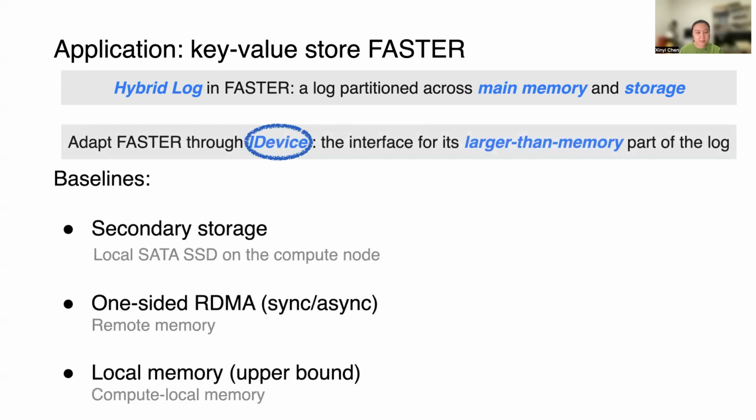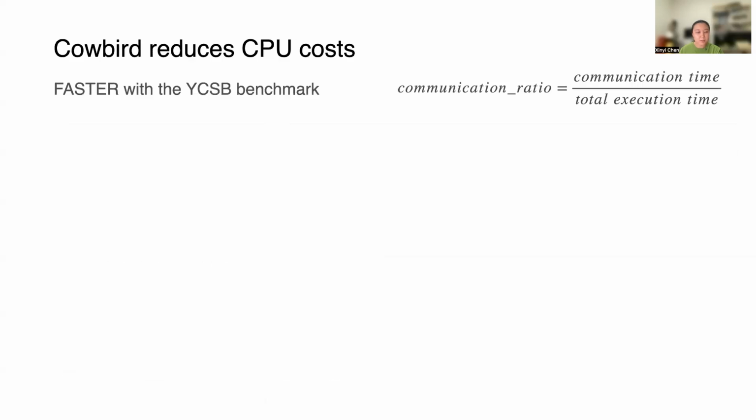Except for Cowbird, we have 3 baselines. The first is the default storage backend in FASTER that uses a local SSD on the compute node. The second is one-sided sync and async RDMA, where the storage layer is in remote memory. The last one, where we put the storage layer in the compute node's local memory, represents the upper bound on disaggregated memory performance. We run FASTER with the YCSB benchmark, and we use communication ratio to represent the CPU cores spent in memory